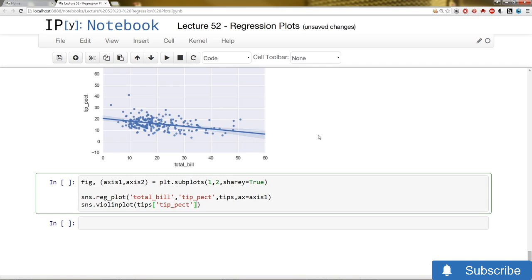And we'll have it be the size of the party. Tips, size. Alright, and then let's choose a color scheme for this. So let's say color equals, and for color schemes, if we want it to be reds, we can pass this, reds underscore R, since there's going to be multiple violins. And then in this case, we'll set the axis equal to axis 2, because it's going to be the second